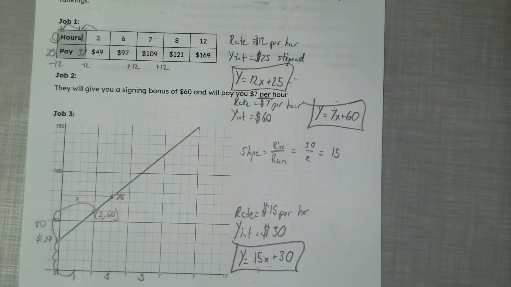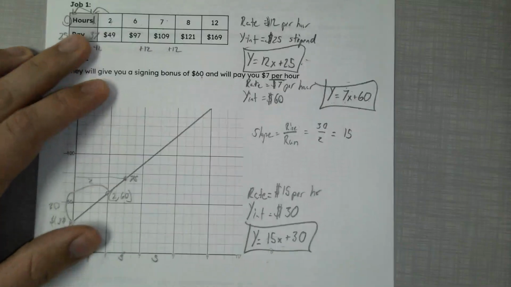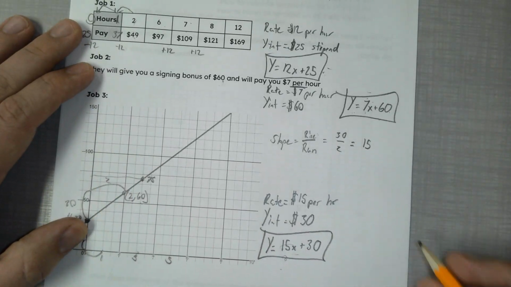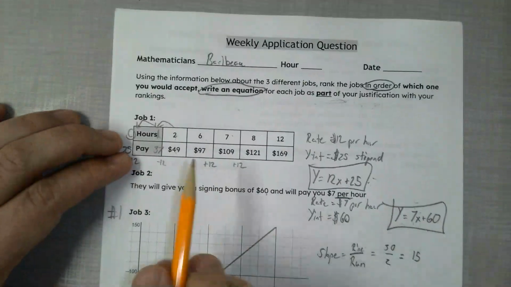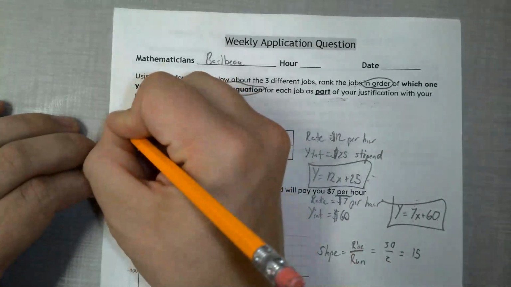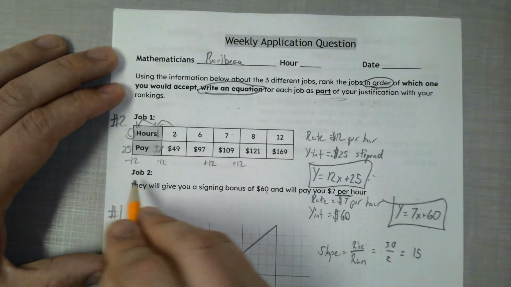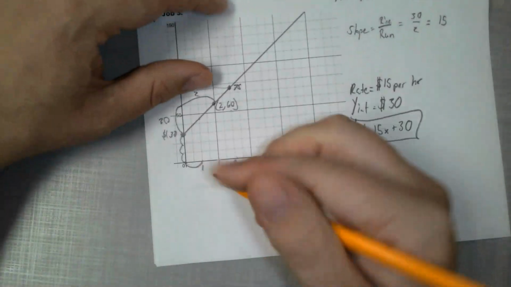I think we want to assume we're going to work there for a long time. You shouldn't take a job that you're not planning on working for at least a little bit. So I'm thinking rate is what we want to focus on. Job 3 has the highest rate, so I'm going to rank that number 1. Job 1 has the second highest rate, so I'm going to rank that number 2. And Job 2 has the third highest rate, or the lowest rate. So I'm going to give that number 3. So in my justification, I'm going to actually answer this question. I'm going to say,